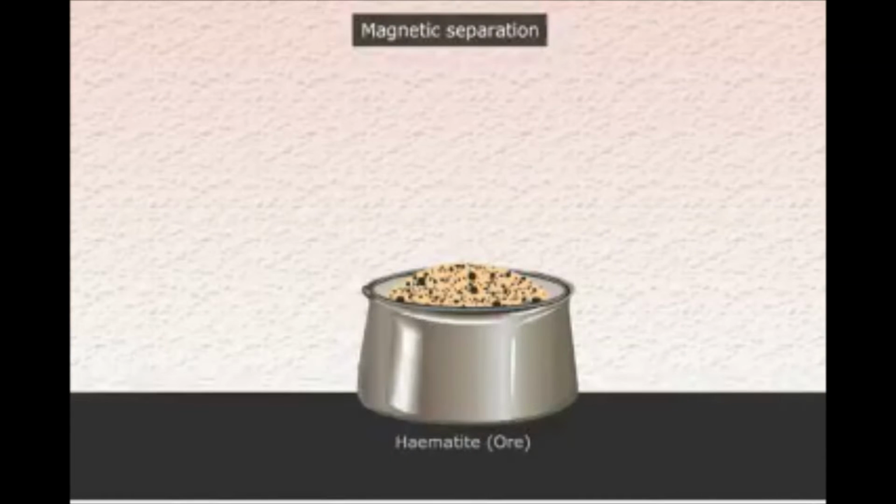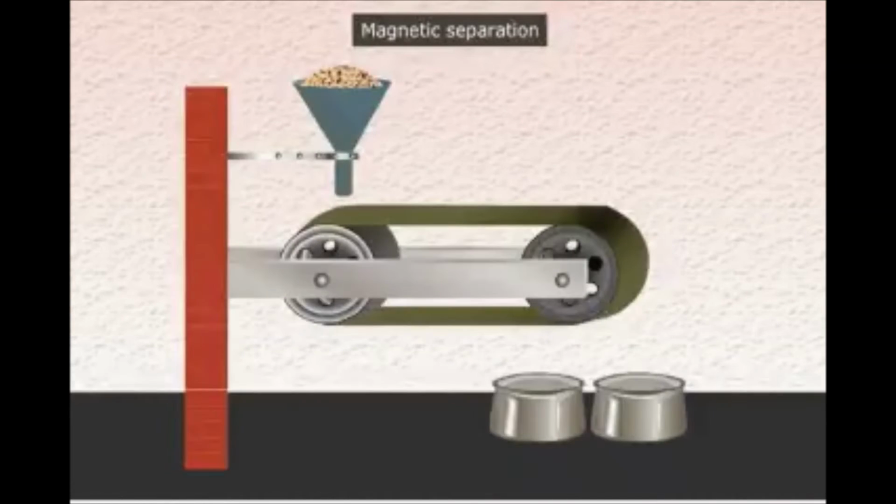Now let's see how the impurities are removed. To do this, we have a conveyor belt fixed on 2 wheels, but these 2 wheels are not similar. Notice that one of the wheels is magnetic in nature. So when finely ground ore is kept on the belt and the wheels are rotated, the ore moves towards the